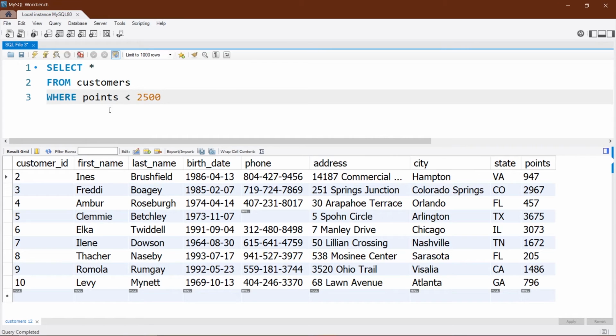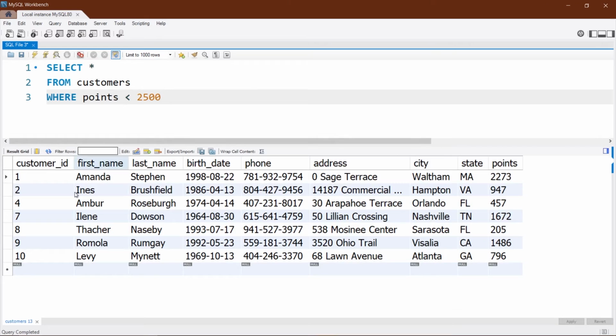Now if I execute it, it will give me all the customers with points less than 2500, and it is going to show me all those customers. Now if I say points greater than 2500, then this will hide all these, and instead it is going to show me the customers with points greater than 2500.